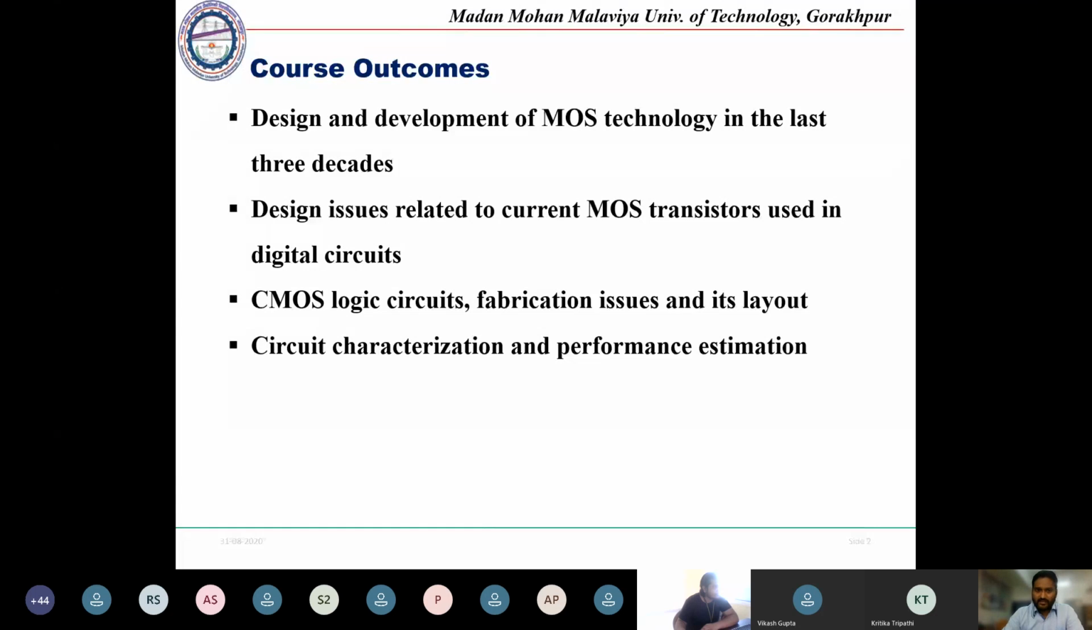that how we can design and develop a MOS technology, and how the MOS technology has evolved from the last 3 decades. What are the different changes taking place in the MOS design technology? We will also study different MOS transistor related issues. What are the challenges that the engineers are facing by moving from